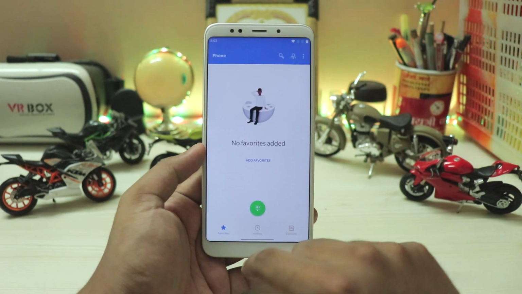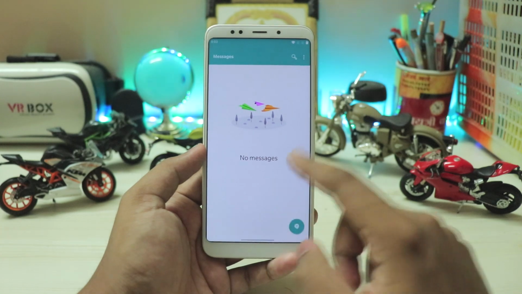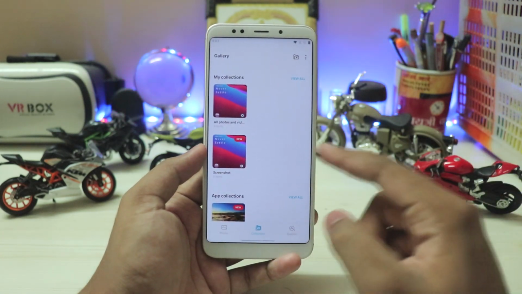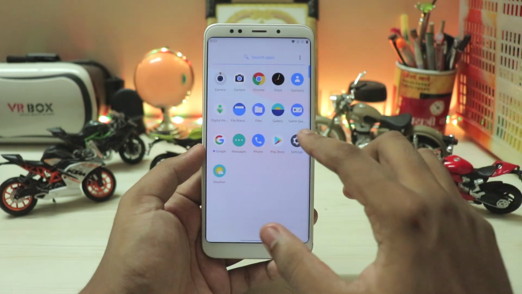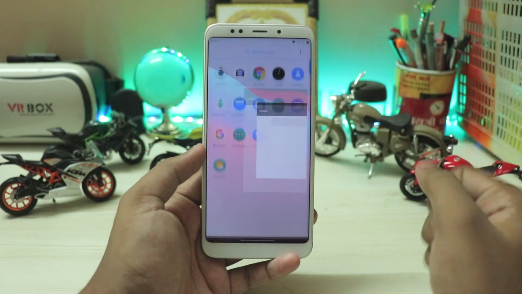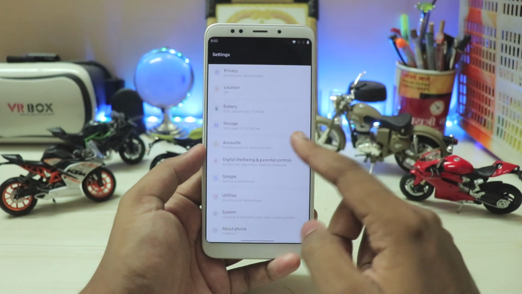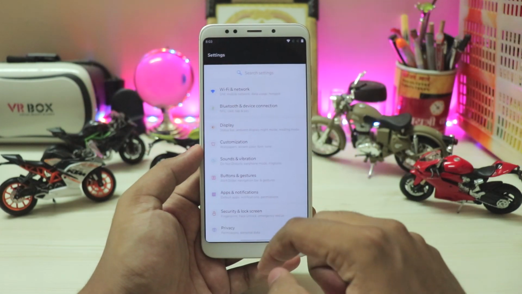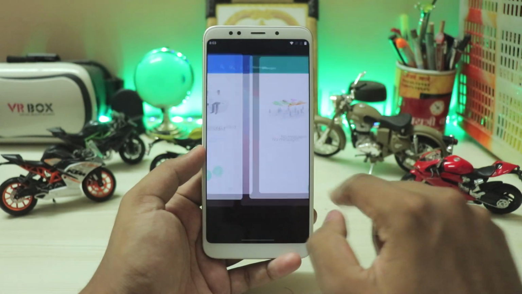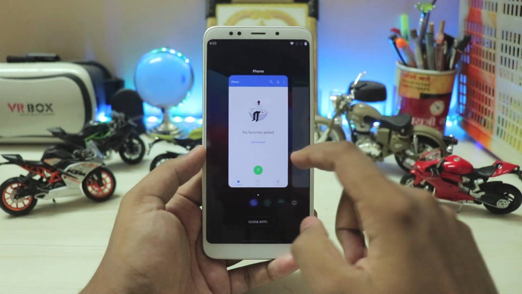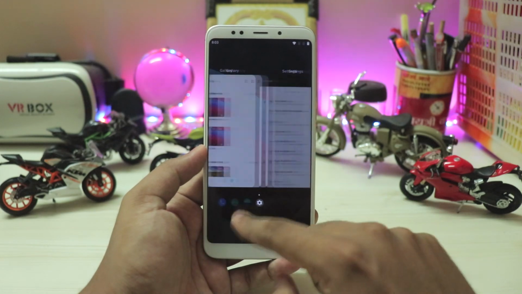So it has the latest and the greatest features of Oxygen OS, including the performance. So for example, phone app, there you go, open, messaging, open, gallery, again everything is instantaneously fast, even though this processor is a bit slower even than the Redmi Note 4. But as you can see, the performance is pretty great. Again, there are no hiccups throughout the UI. As you can see, runs very smooth. You can switch between apps just like that. Again, the animations are very fluid.